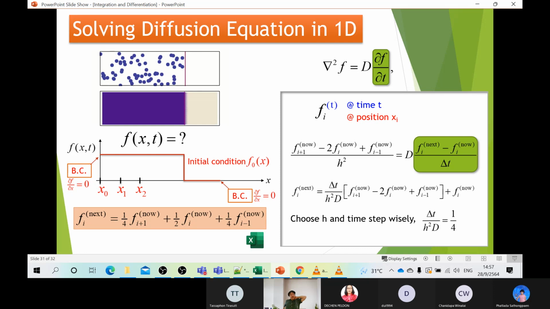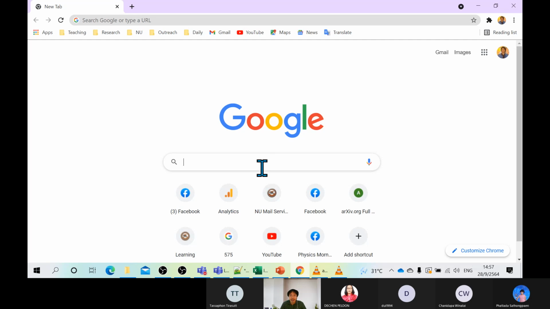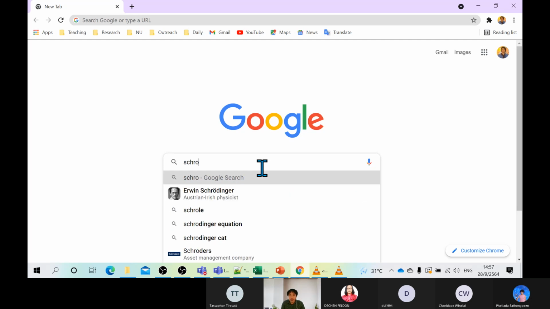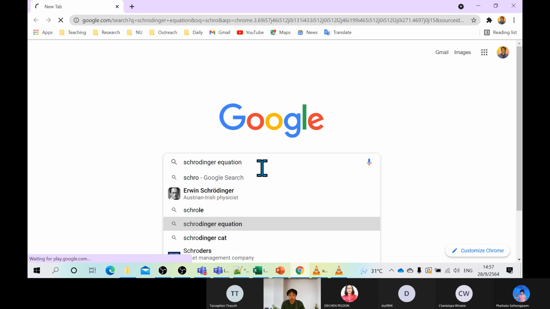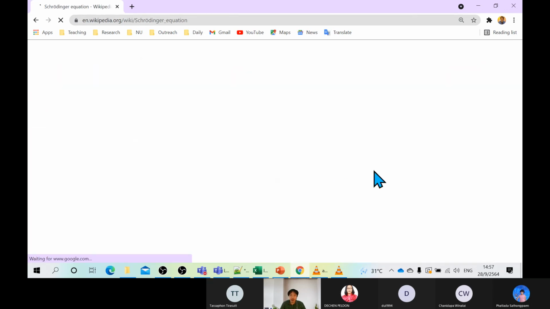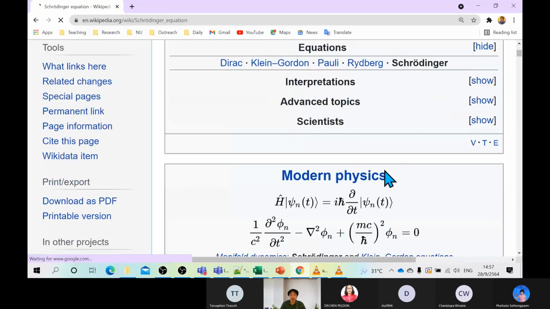You will see this equation all the time in physics. For example, you may notice that the Schrödinger equation is a diffusion equation. I have not put that in my slide, but let me do this quickly here. If you go to Wikipedia and type in Schrödinger equation and look at its form,